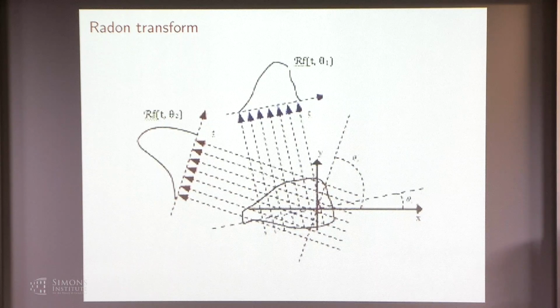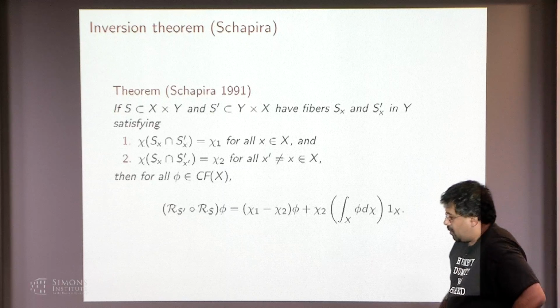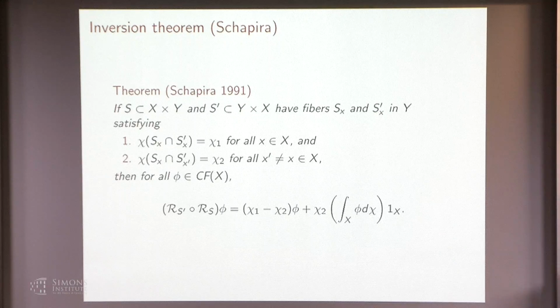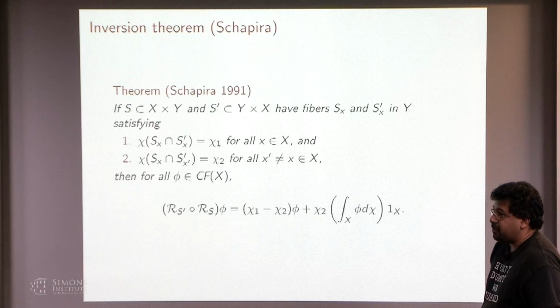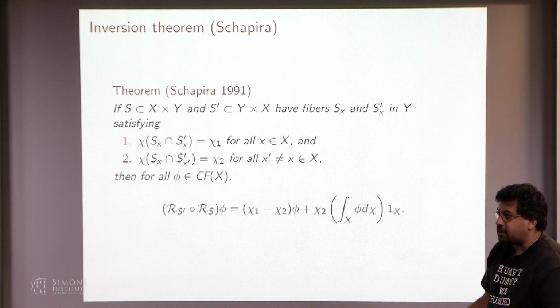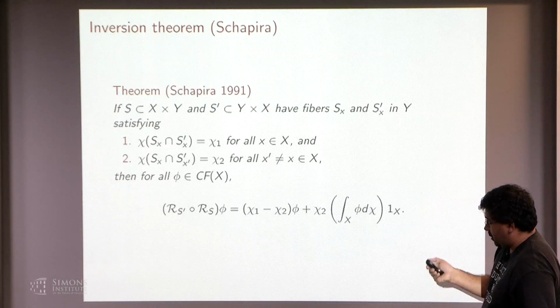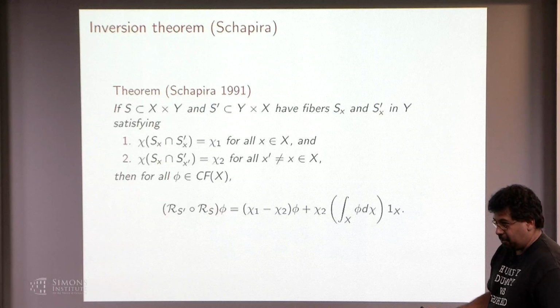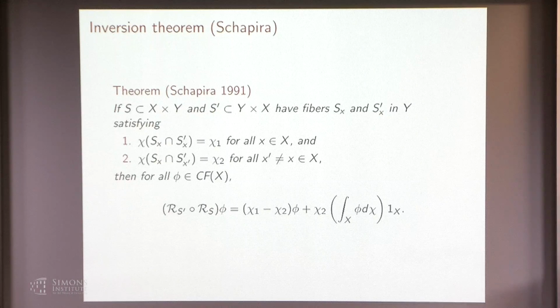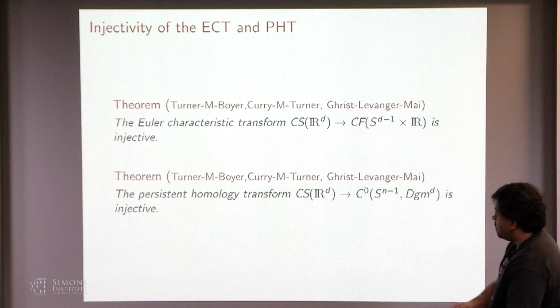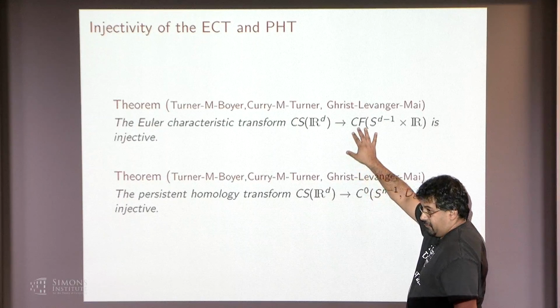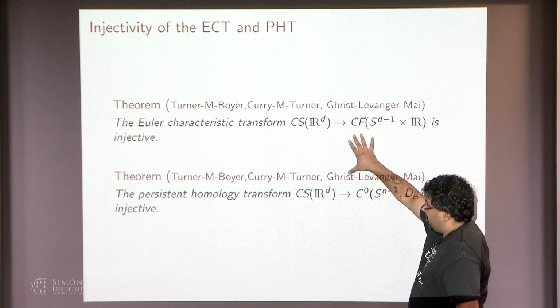Now there's a very beautiful result, called Shapiro's inversion theorem. This is probably the most general version of when you can invert the Radon transform. It involves fiber bundles and sheaves, and it's very abstract. So I'll just tell you that this is a theorem. It exists. You can read about it. Now, we can use Shapiro's inversion theorem to tell you that both of these transforms